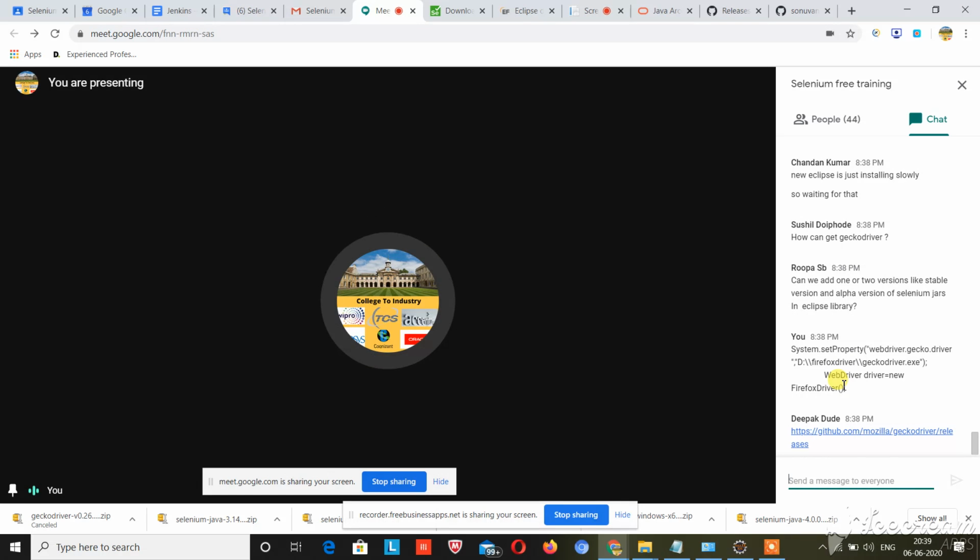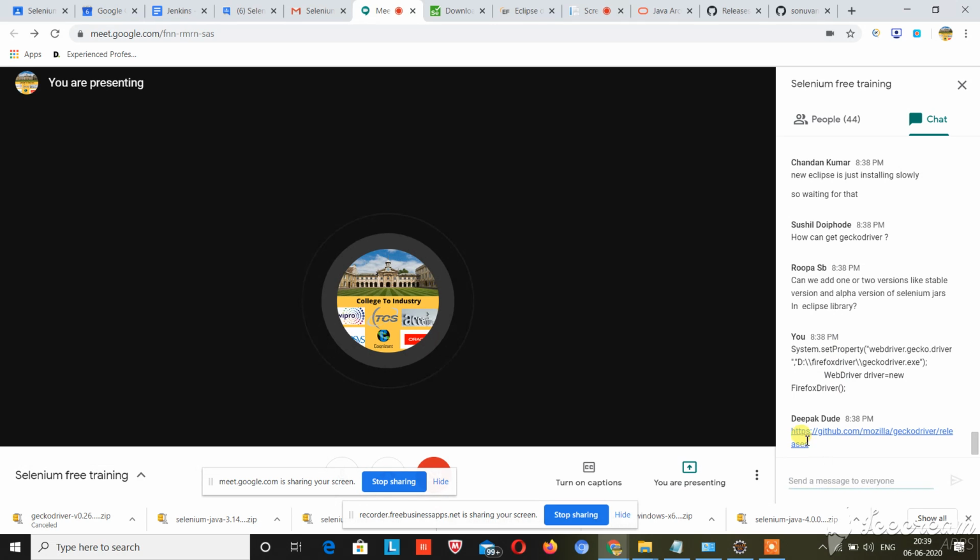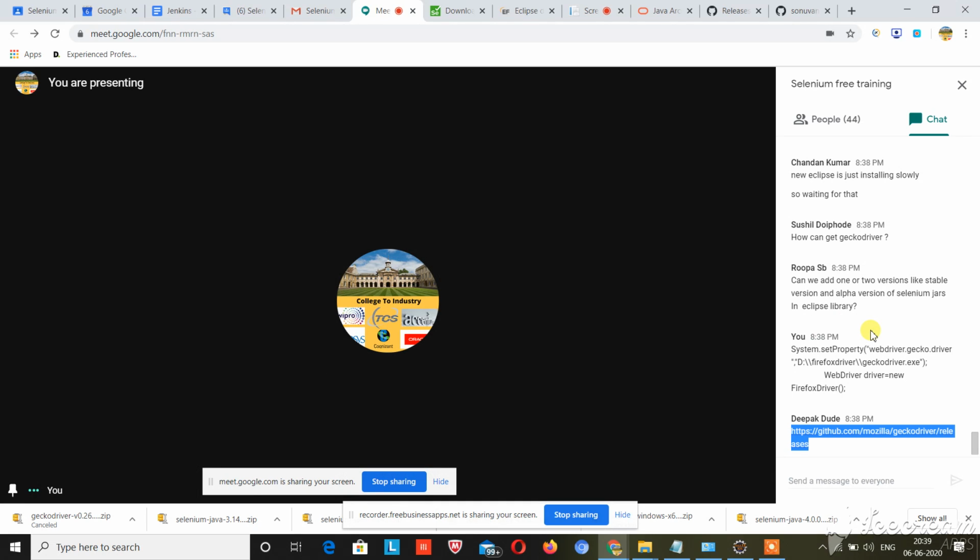How can I get the Gecko driver? So I have shared this link that Deepak already shared. So Rupa asks, can we add one or two versions, like stable version and alpha version of Selenium jars, in the Eclipse library? Those 6 jars that I have imported, as of now you just need to import those jars.